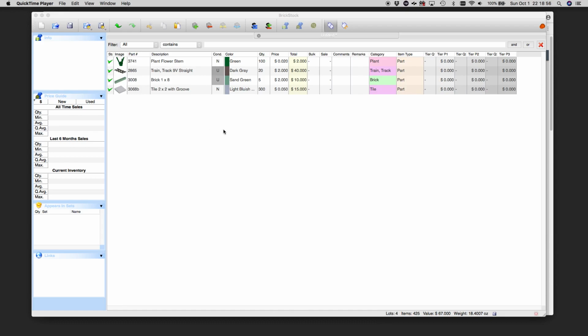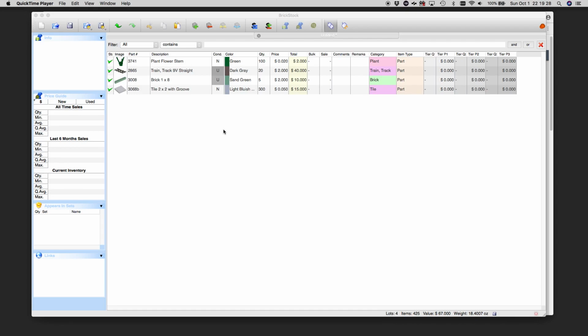Now I must note that the wanted list you want must already be created on BrickLink. This means you're either just going to use the default wanted list if you're not trying to be very organized, or if you have multiple wanted lists and you want to add this to a particular one. Some people like to make a separate wanted list for each set they're trying to piece together when they're missing parts, and some people like to use them by project, if you're building a big MOC or a big train setup. In my case, we're just going to assume you want to upload these to your default wanted list,